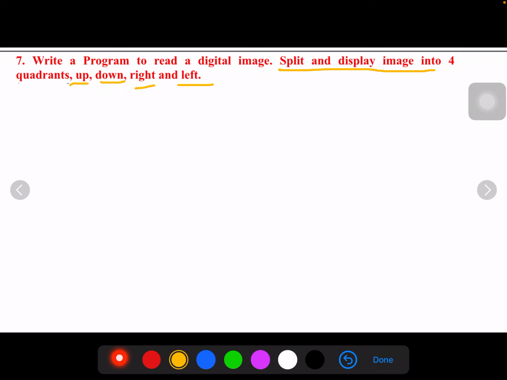What we have to do in this program is read an image, and split it into 4 quadrants and display each quadrant separately across 2 figures. Let me take an image here as a sample. We are taking an image, reading an image,